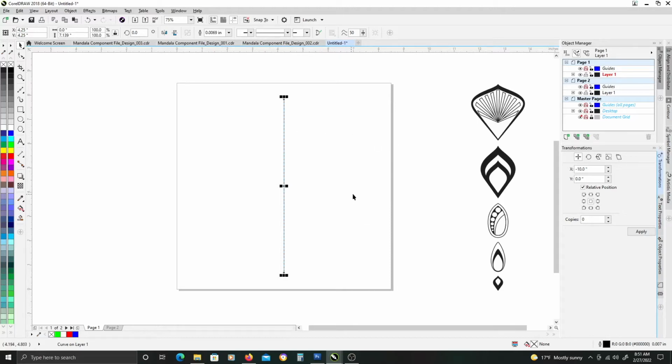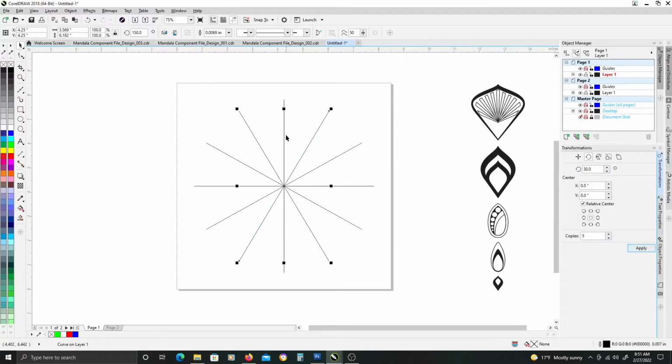Once you have that created, you go over to the transformations docker, switch over to the rotate tool, and we need to create multiple copies of this line to start giving us our template setup. So we want to change our angle of rotation here to 30 degrees, and then the number of copies we want to switch to 5. Once you enter that, click apply, you'll get